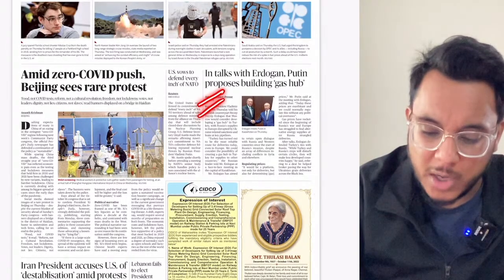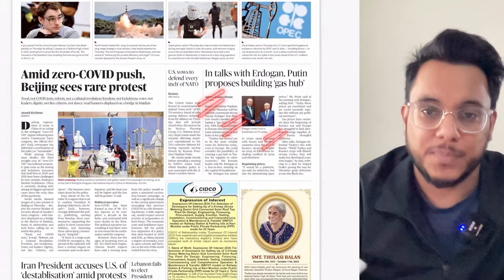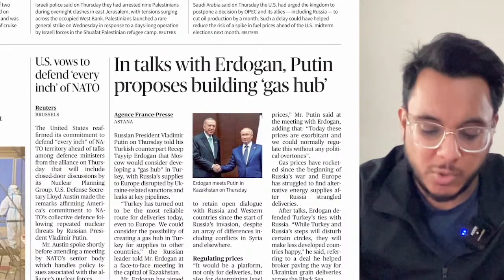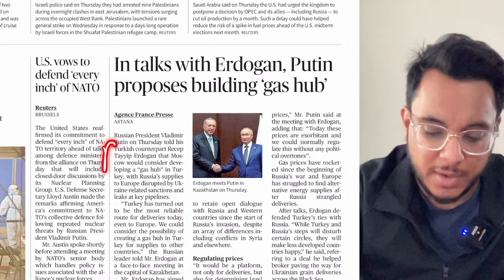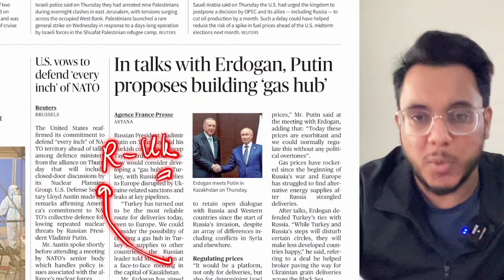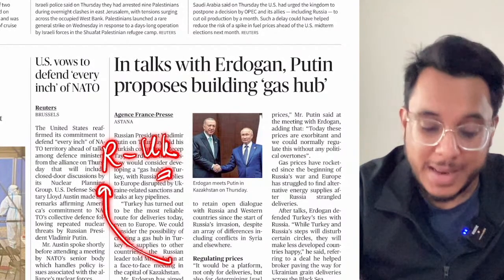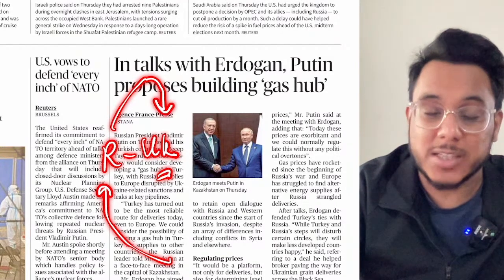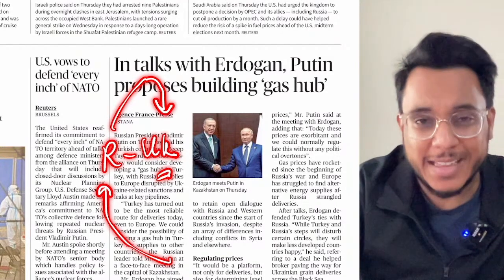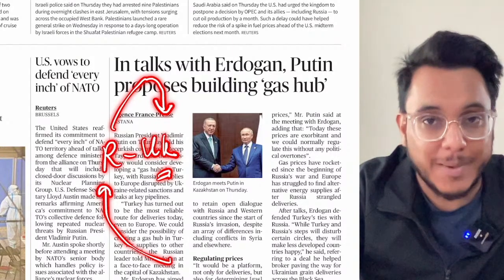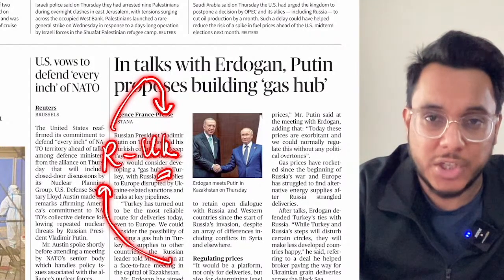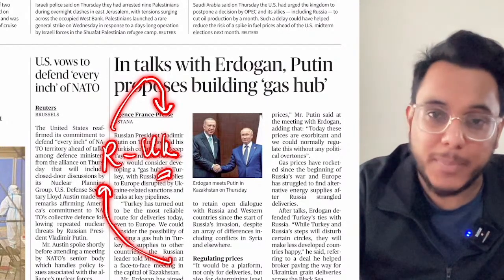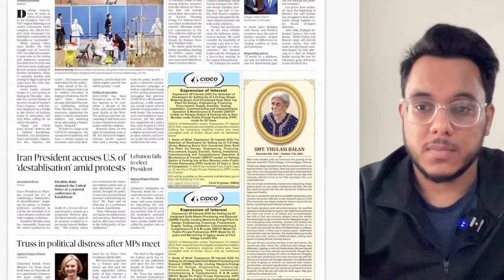In talks with Erdogan, Putin proposes building a gas hub. Okay, now guys, understand this particular thing, that now as the Russia-Ukraine war is going on, the Western countries have imposed sanctions on Russia. Okay, now Russia used to supply a lot of natural gas to Western Europe, and there was actually a gas pipeline also between Russia and Germany, that is Nord Stream 1, Nord Stream 2, and many other pipelines are also there. Now as